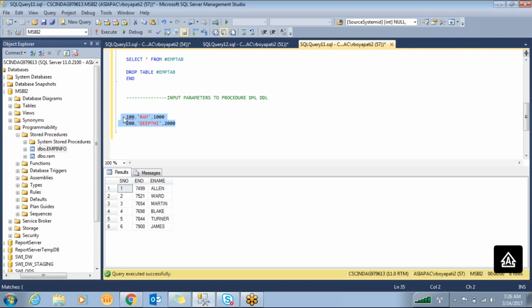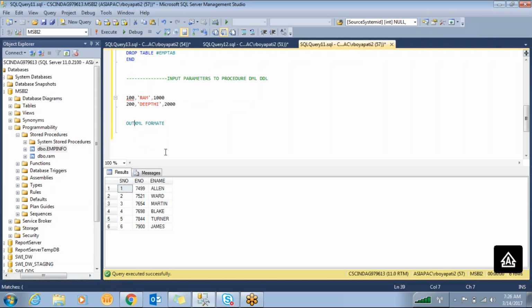I want to send 1 lakh records as an input parameter for the procedure. Is it possible? And whatever data is returned from the procedure, I want to return that data in XML format. Is it possible? The output I want to return this way,